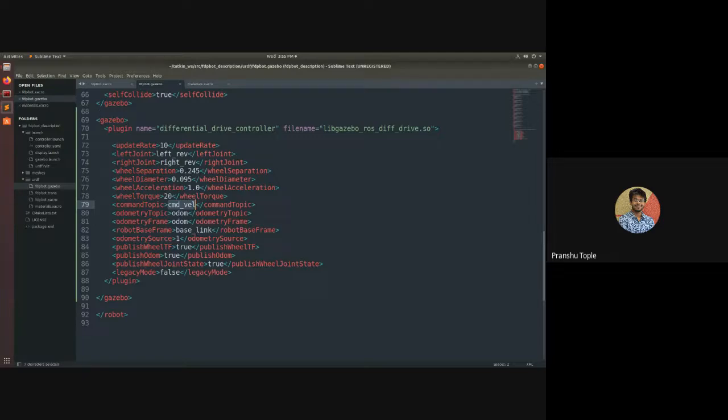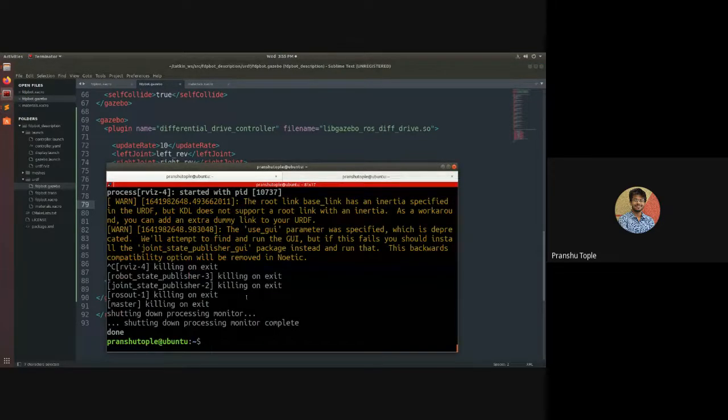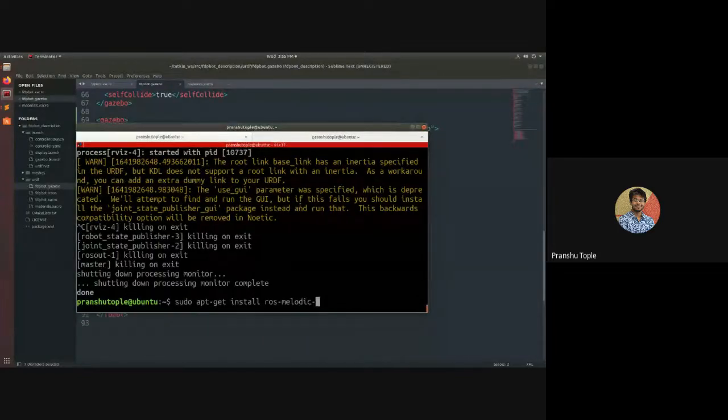To download that package, simply open up a terminal, do sudo apt-get install ros-melodic, if you're using ROS Melodic, and type teleop-twist-keyboard.